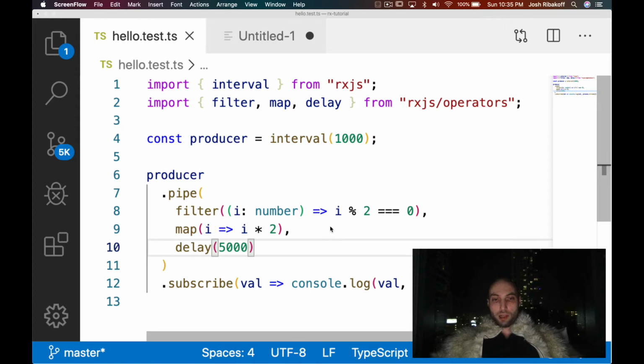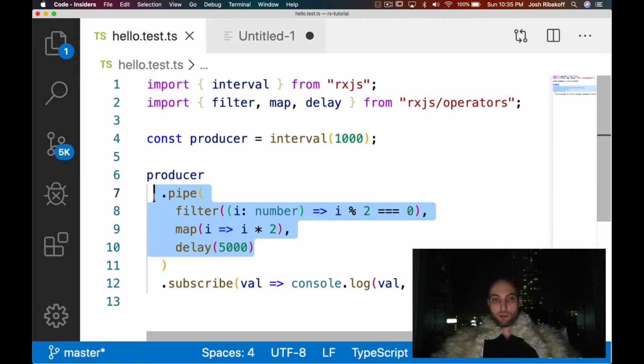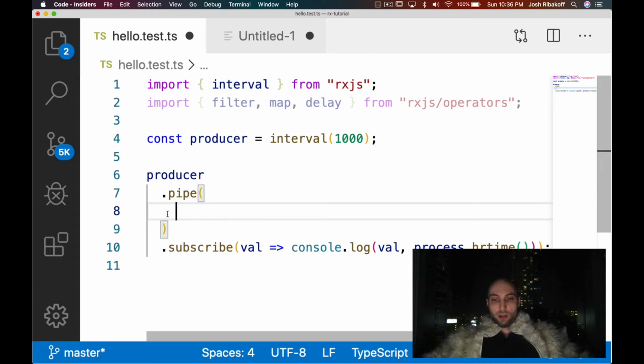So here we want to create an operator for this reusable operation. So let's say we want to reuse this operation we just created of piping these three operators together. We can create a custom operator for this. So, custom operator